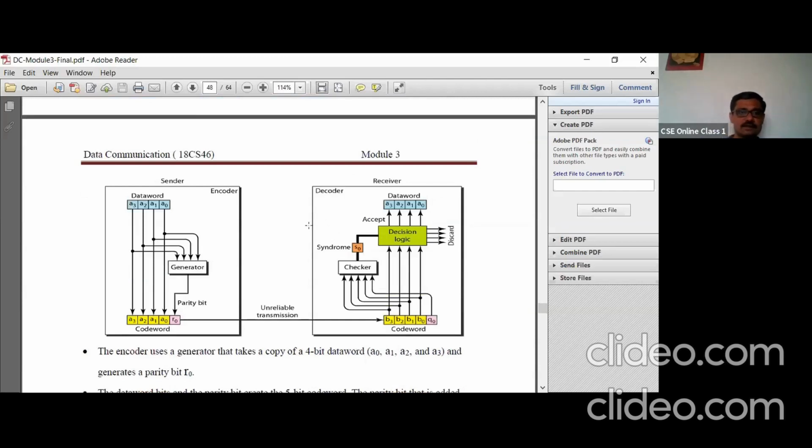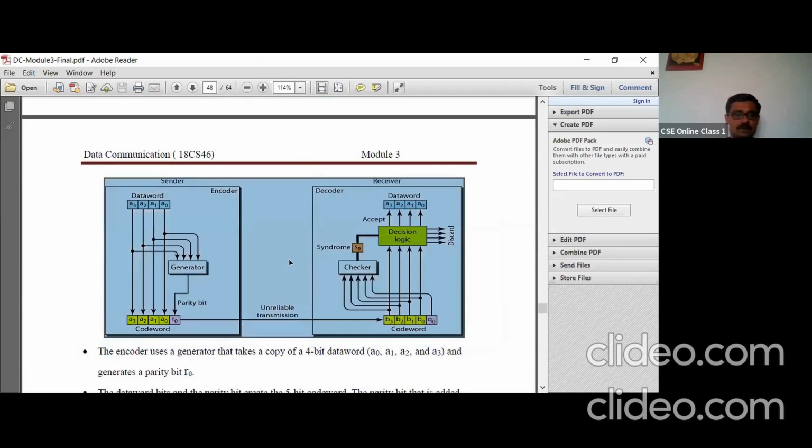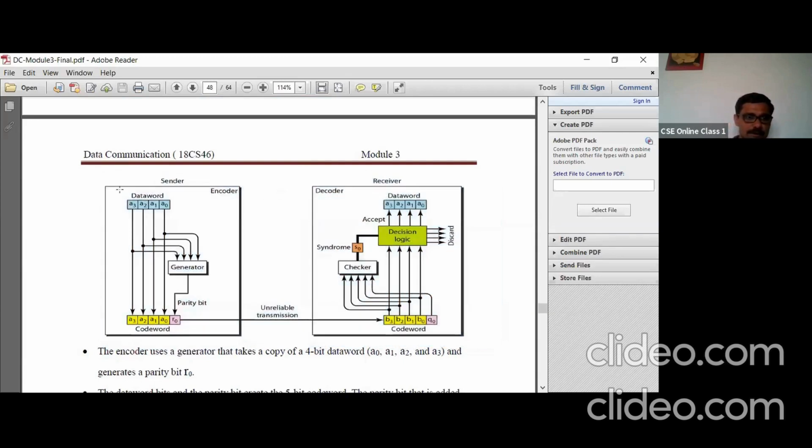Now let us see a basic implementation. This is the sender side. We have the encoder, and in the receiver side we have the decoder. In this example, A0, A1, A2, A3 are the 4-bit data word.